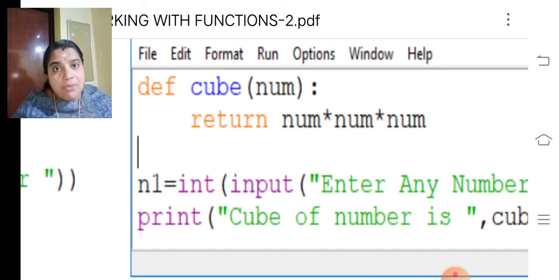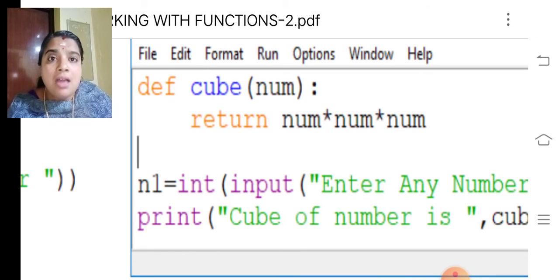Return is the keyword which is used to return any value from the function to the call. I'll repeat. Return is the keyword which is used along with the function definition for returning a single value to a call. So what happens here? It is returning the cube of a number which is passed in the calling statement.